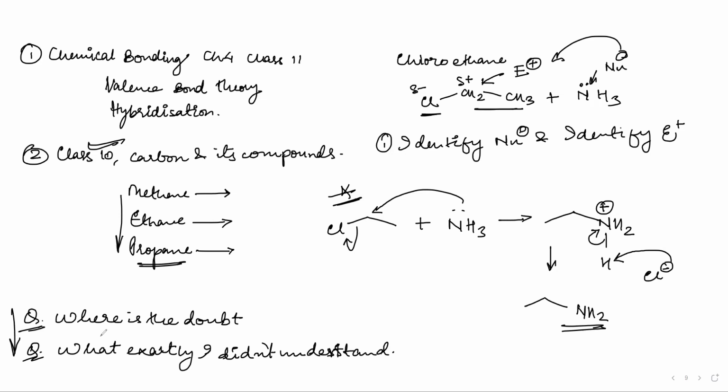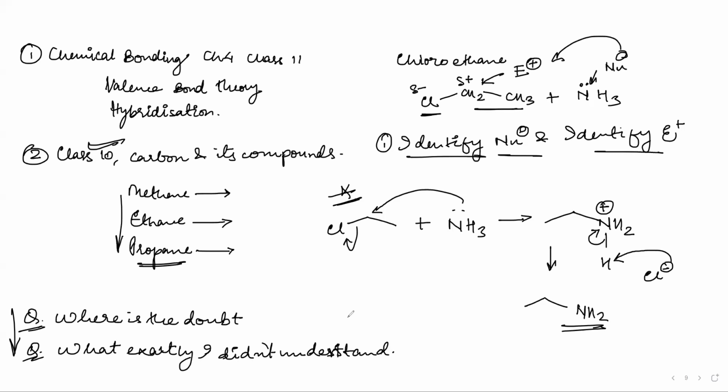So while doing that, I have to start doing the problem with my pen. I have to take up my pen, write the particular reagent, write the particular substrate, then identify the electron source and move the arrows from it, because that is the only thing I'm asking now. I'm asking only you to identify the nucleophile and the electrophile. Now you have to make the flow from nucleophile to electrophile.